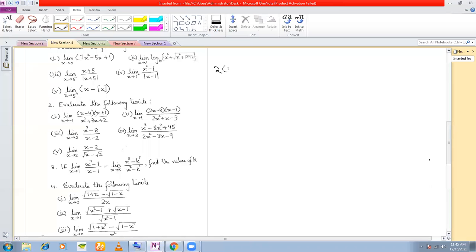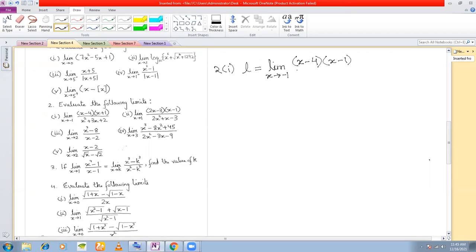So 2 part 1 here we have, as I told you, you must always take the limit L is equal to. Now in all these cases, we assume that the limit exists. We just need to find out the value of the limit. Okay, so you don't need to check the right hand and the left hand limit in each of the cases, because we have assumed that the limits exist and they must be equal, the right hand and the left hand